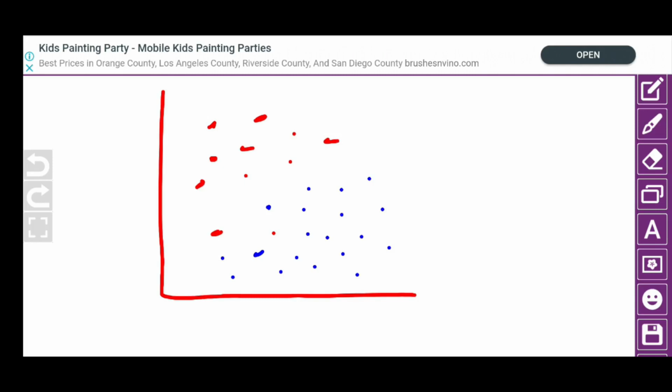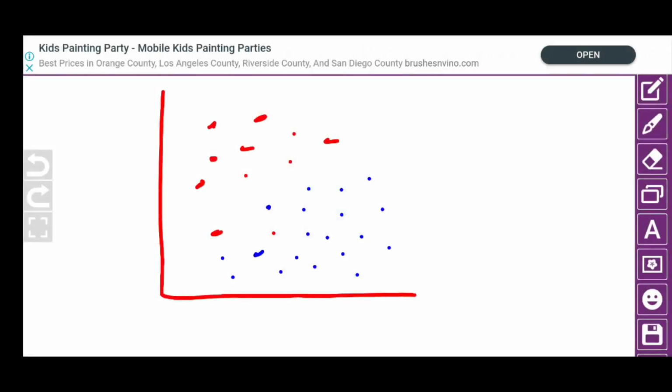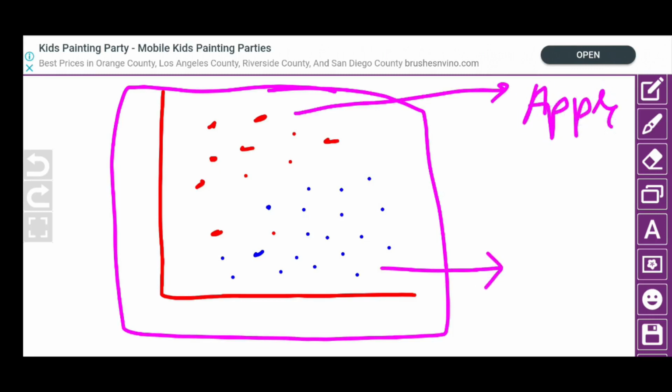Now I have my complete data plotted on a graph, right? I have trained my model based on the data set that I have already provided. The first one is red, which is one category. Let's say this is a fruit named apple, and blue is another fruit, let's say grapes.